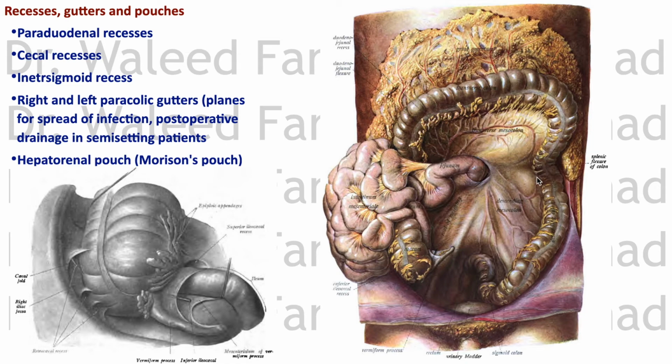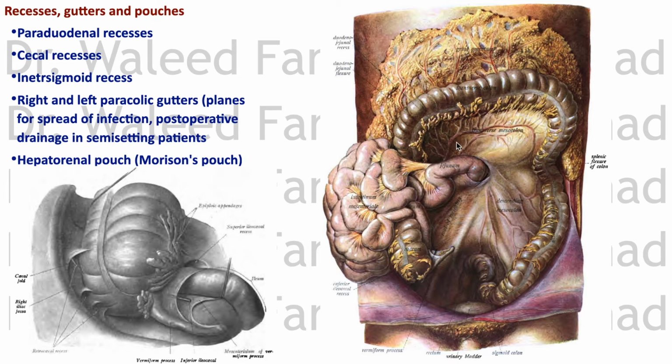Also, you see the reflections of peritoneum to cover the large intestine, which are retroperitoneal, this part and this part. It forms gutters. See the gutter? These gutters are roads for spread of liquid, of infection, of exudate. So that's why